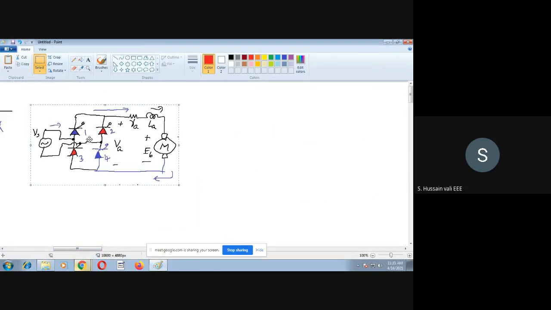Now you see, what you are asking is whether we need to commutate 1 and 4. That is the question. So now we see whether we really require this commutation, that is, whether we require forced commutation or whether it will get commutated naturally. You see yourself. When 1 and 4 are conducting, there is a current in 1 and 4. So when you trigger 2 and 3,